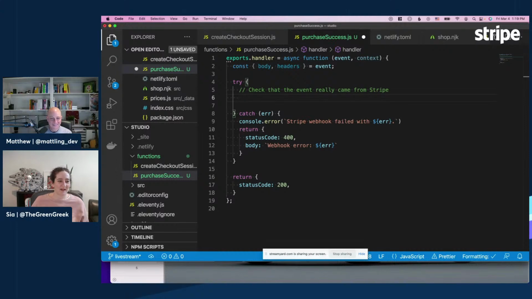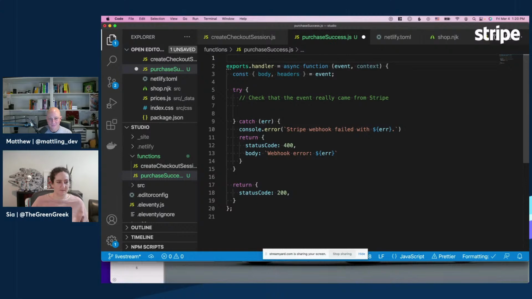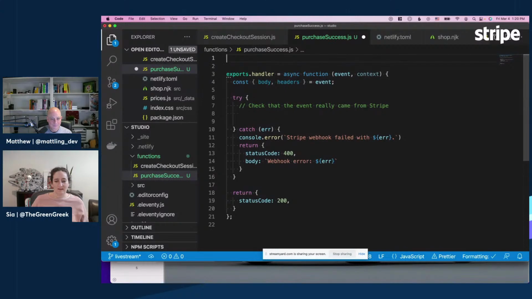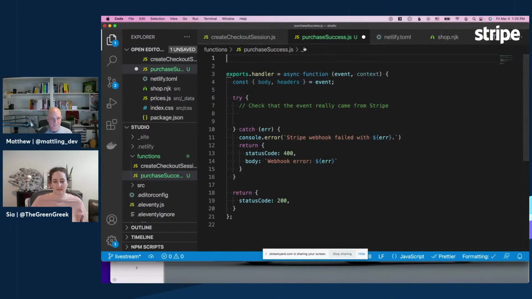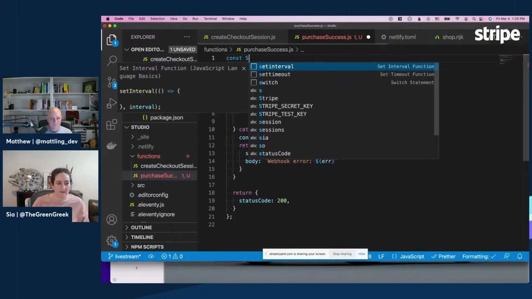All right. We're going to have a few keys in here, and I'm going to do it the simple way. In the last session, we talked about how you can handle multiple production, staging, and dev keys separately. But in this one, I'm not going to do that step, because it's going to have more keys in it. Just look at the other session if you want to figure out how to switch between different keys automatically in different contexts. So I'm going to say const